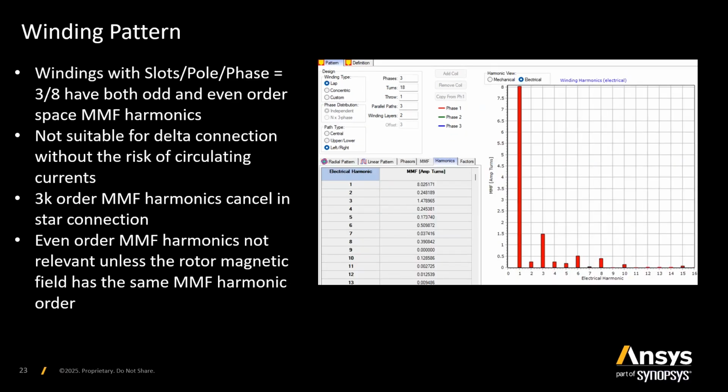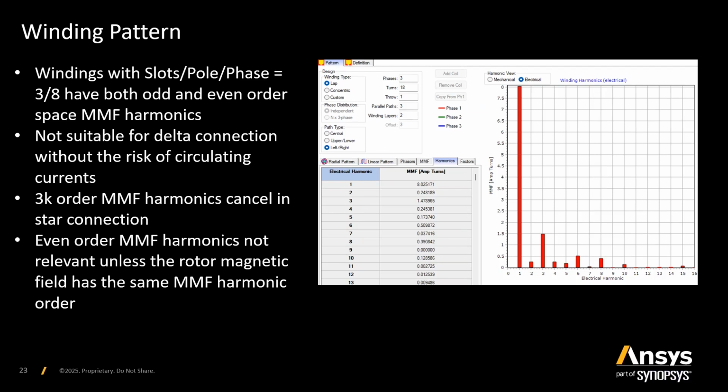We can look at the goodness of the winding. This is typical for this machine. So with multiples of the 9 slot, 8 pole configuration, notice there are not only odd order harmonics, we deal as well with even order. This is because in such a configuration, the north and south poles do not see exactly the same magnetic paths, and therefore you end up with even order harmonics. Obviously, in a star connection, the multiples of 3